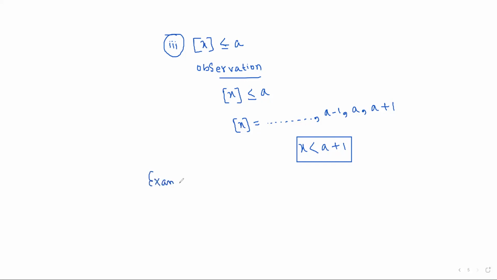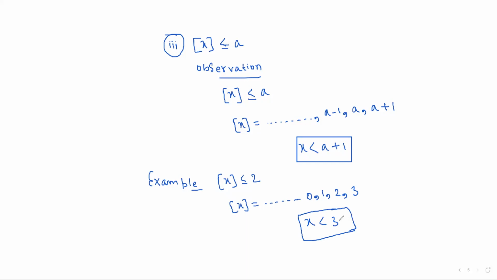Let us take an example, the greatest integer function of x less than equal to 2। तो सिंपली बेटा x is what, अब दो से छोटा बेटा कौन कौन होगा, तो दो से छोटा तो बहुत सारा नंबर है, लेकिन एक जीरो भी आएगा, वन भी आएगा, टू भी आएगा और थ्री भी आएगा। अब देखो जीरो से छोटा मतलब क्या, थ्री होगा नहीं, तो फाइनली x क्या हो जाएगा, लेस देन थ्री। मतलब थ्री बेटा इंक्लूड नहीं हो रहा है, थ्री इज एक्सक्लूडेड। सो x लेस देन थ्री, दिस इज माय आंसर।